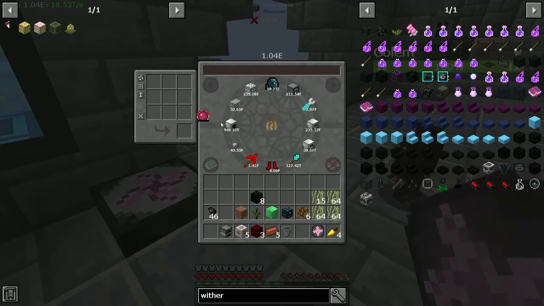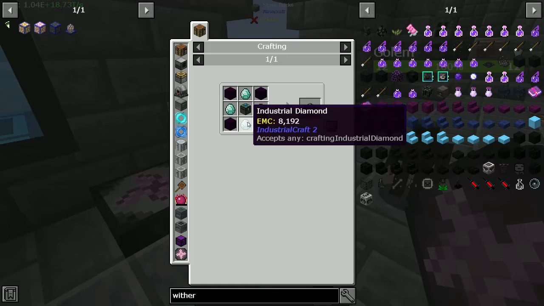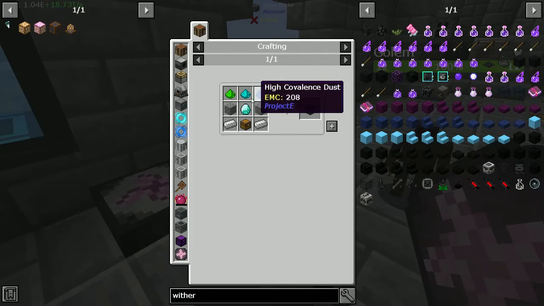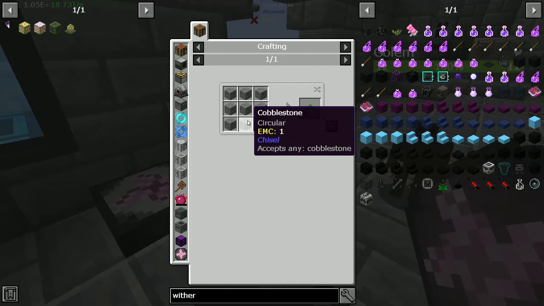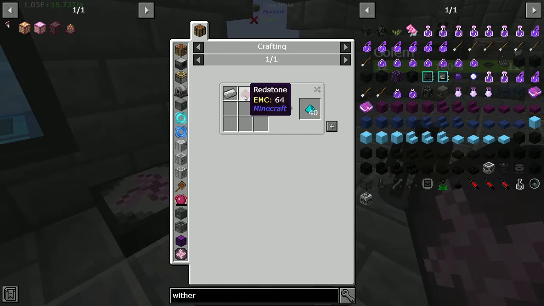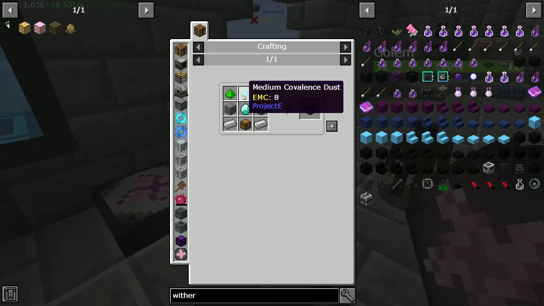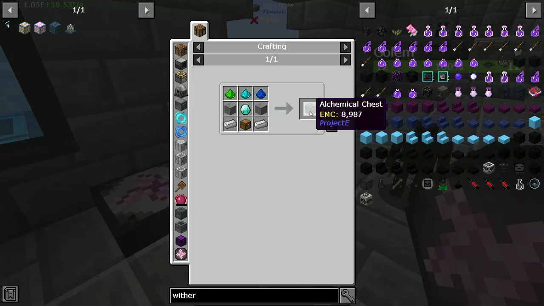But then we do the energy condenser Mark I, which requires an alchemical chest, which requires the convalescence dust, charcoal, and cobblestone for the low, redstone and iron for the medium. The high is a diamond and coal. Then a diamond, a couple chisel stone, you get the alchemical chest. Once you've gotten the alchemical chest,